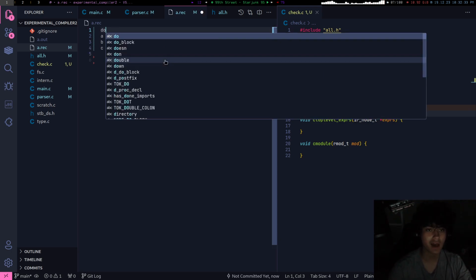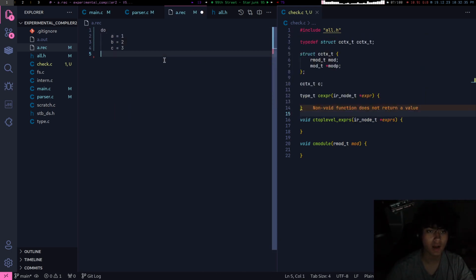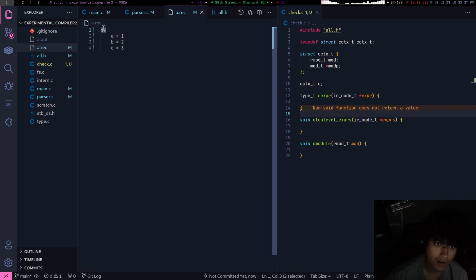But let's say you have this in a do block, you have to find out what do evaluates to, and what do evaluates to depends on the statements inside. So the last expression will obviously be the value of the do, right? So I think do needs its own special thing.